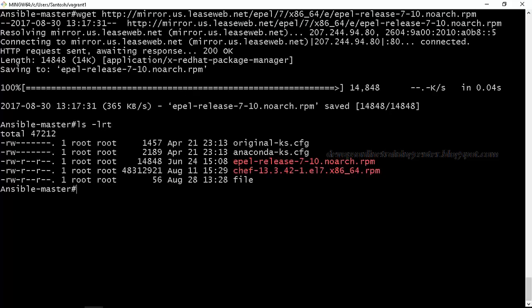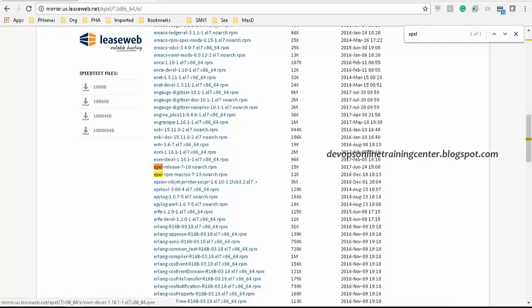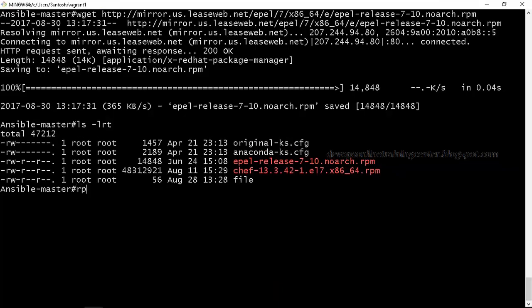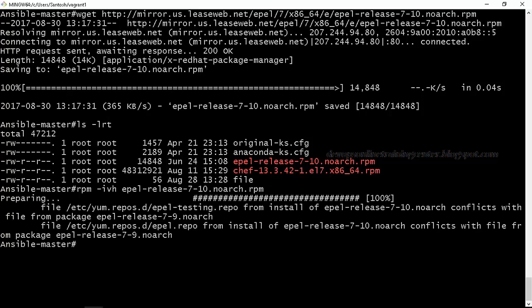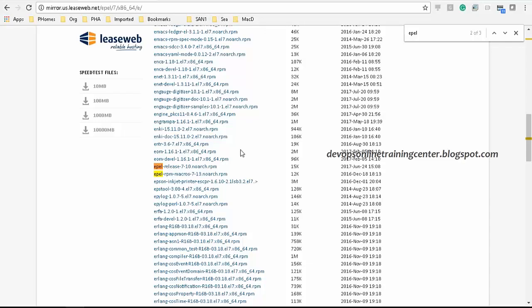This is the package which is downloaded, epel-release-7-10 noarch.rpm. If you install this package, you will have the EPEL repo configured. Very simple, just do rpm -ivh and the epel-release package. I think I already have the package, that's what it's saying, it's already installed.